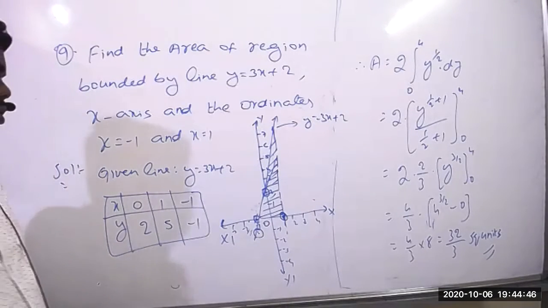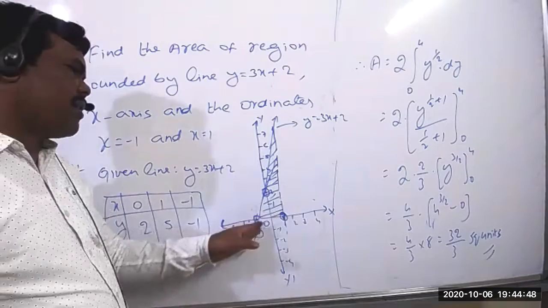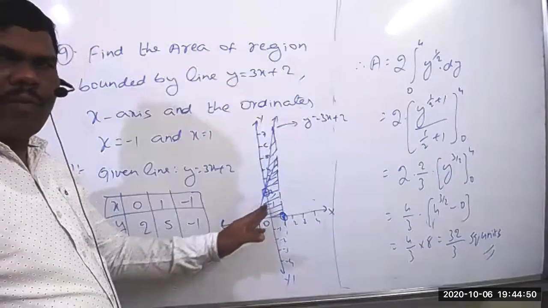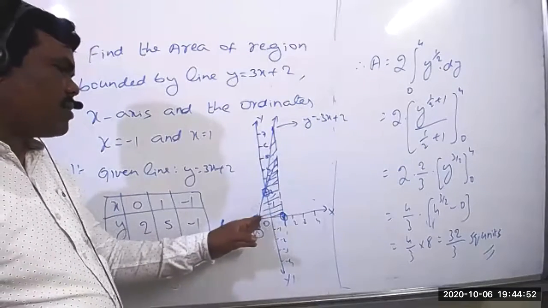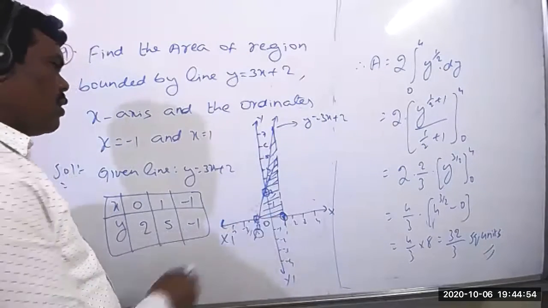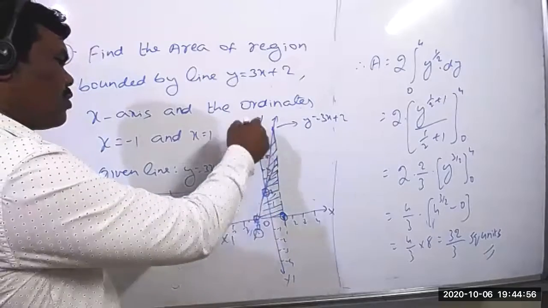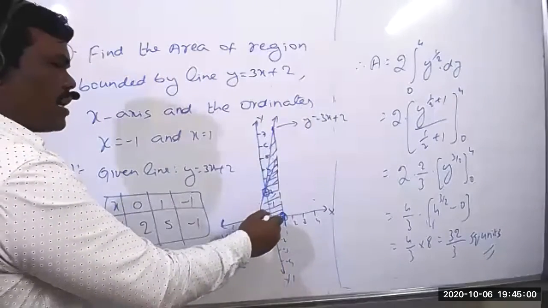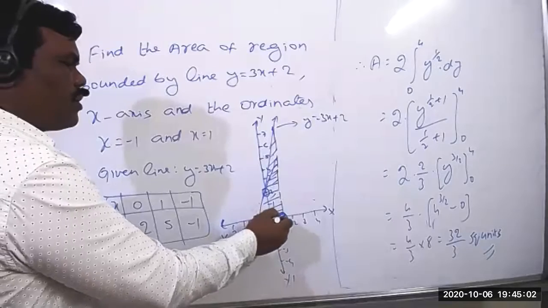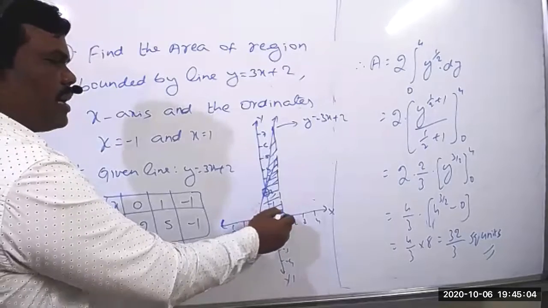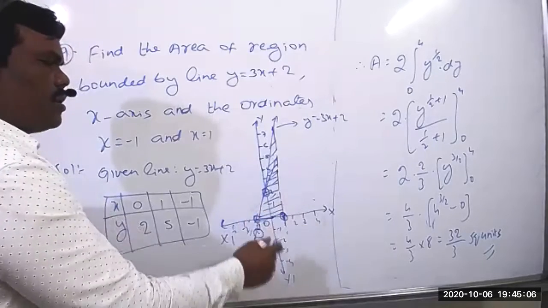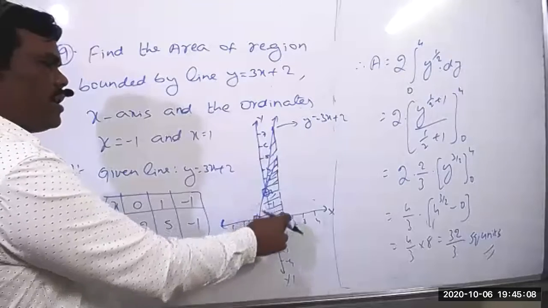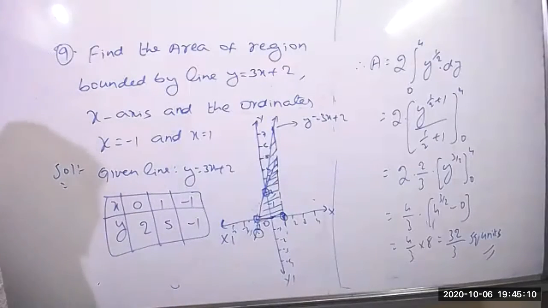First, if you want clearly, from here to here we are not taking directly. We have to find the area, so we can't take it directly, because from here to here we are taking the whole thing. So what we have to do is, from here to here first you can take the limit, and from here to here you can also find it. From here to here one thing, and from here to here the other thing.